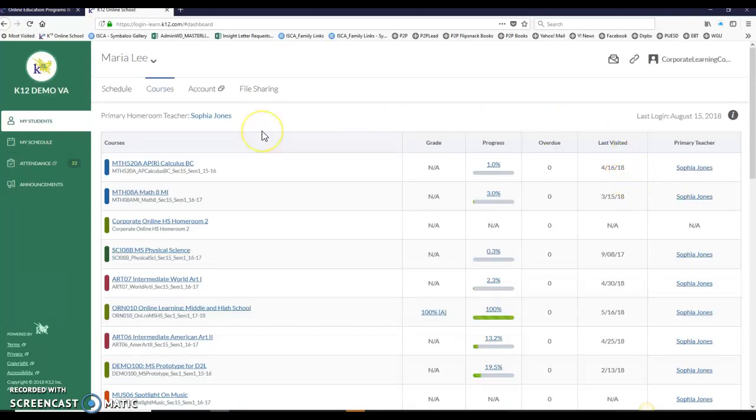So a couple other things that I always like to point out for the parents is that you can find the student's academic advisor, which is like their homeroom teacher, their name here. And the same thing with the content courses. You can click right on the name of the teacher